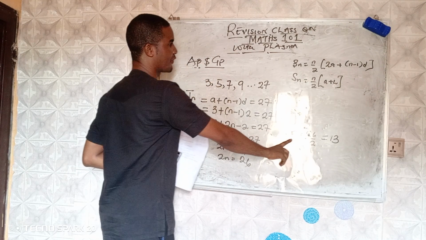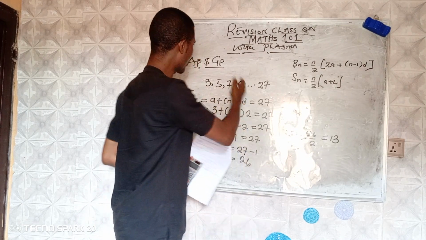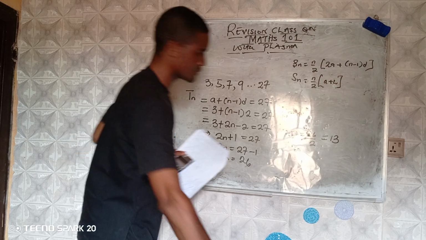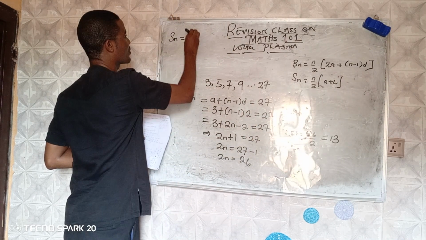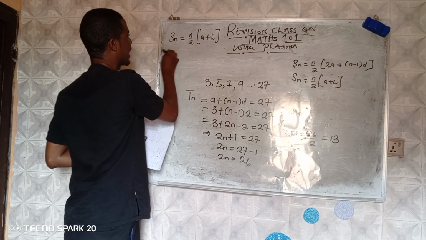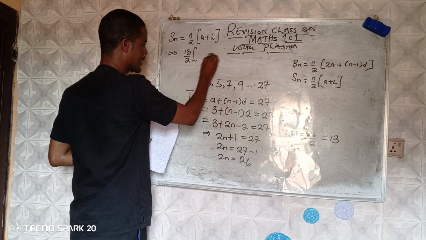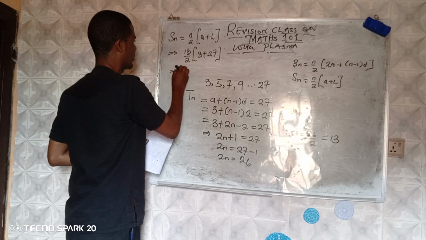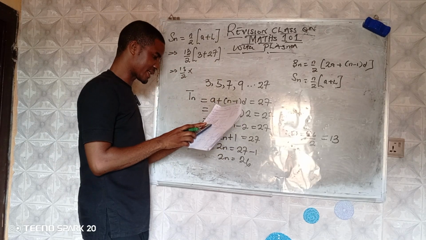So now I've got the value of n. Can I now sum this sequence? Yes. The solution becomes now, I'll be using this one, Sn equals n over 2 into a plus l. That will give me 13 over 2 into a is 3 plus 27. We have 13 over 2 times 27 plus 3,